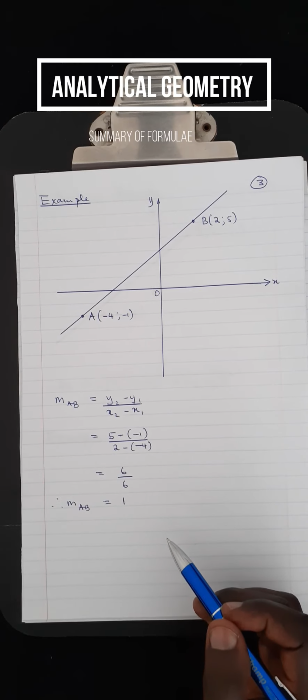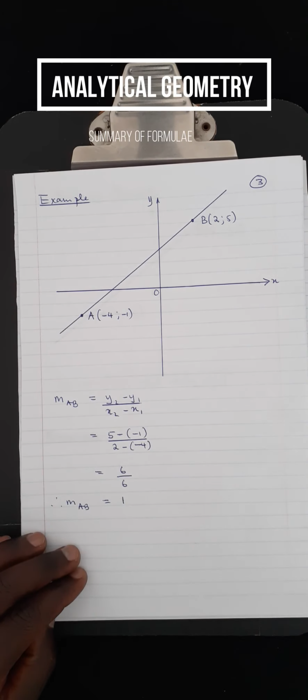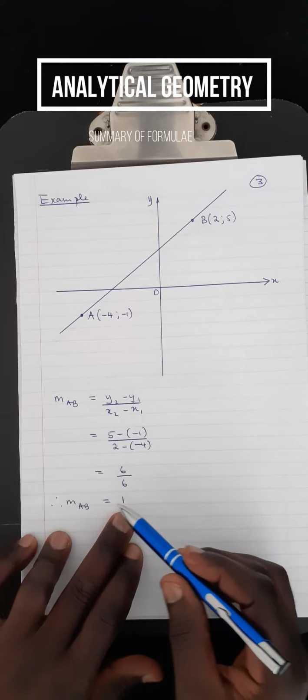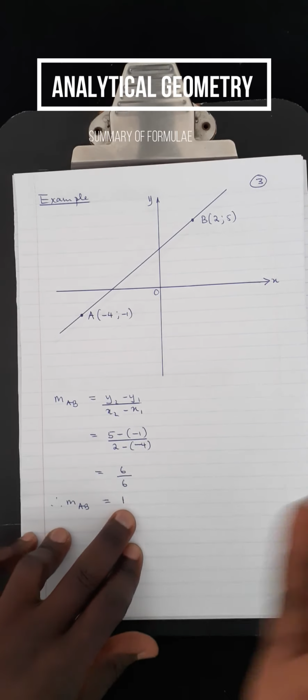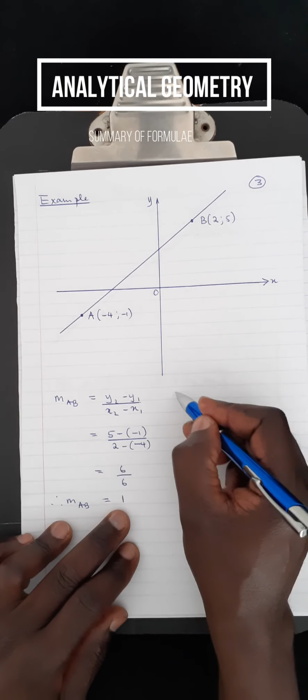So the gradient of a straight line is a number. It can be any number: decimal, whole number, fraction, an integer or a decimal number. It doesn't have any units, so it's just a number that indicates the slope of a line. Now, coming back to this one, sometimes